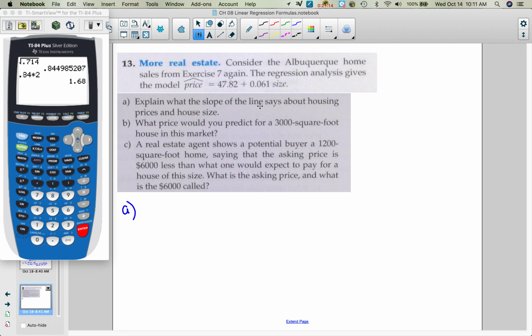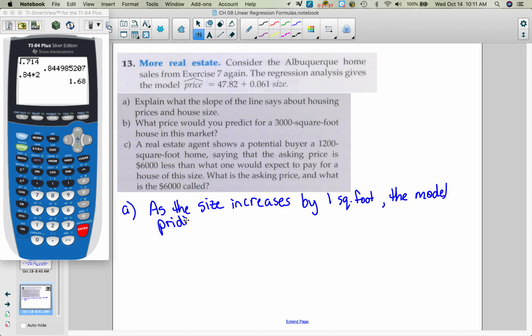So remember how you're going to interpret slope: as the size increases by 1 square foot, the model predicts the price of the house to increase, a positive slope,